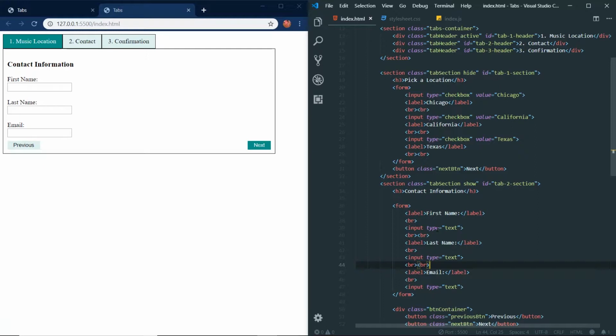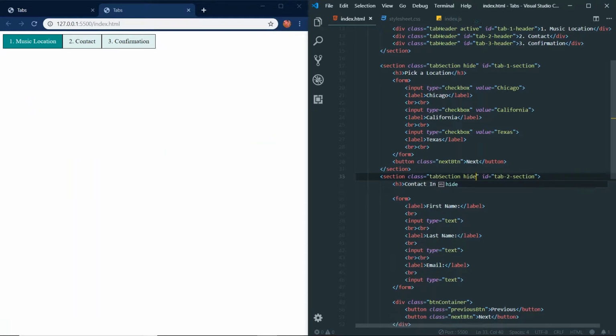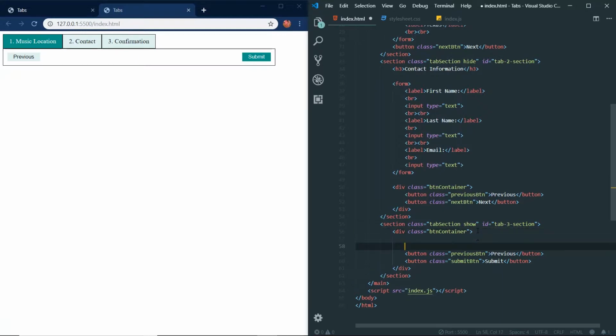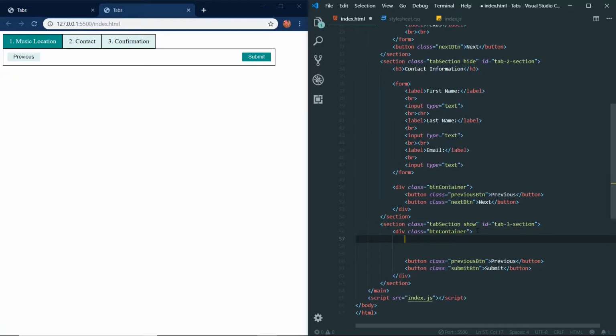Okay, so now let's hide this one. And let's show the last one. So submit and previous, good. And now here we're not going to have a form. We're just going to display the information from the other 2 sections. So we're going to do confirm, just do confirmation or confirm details,